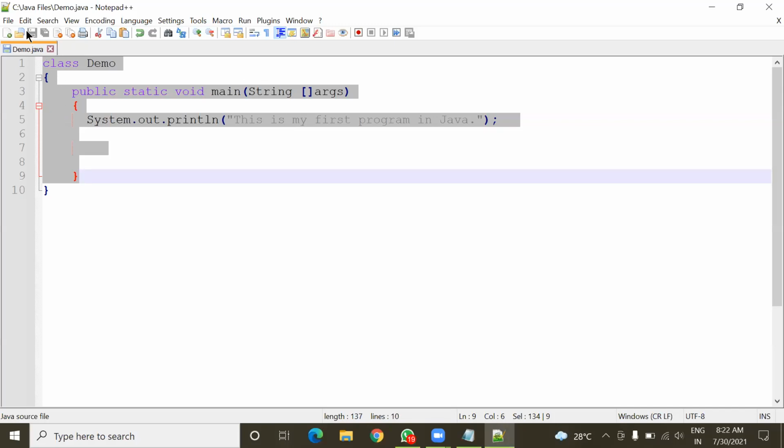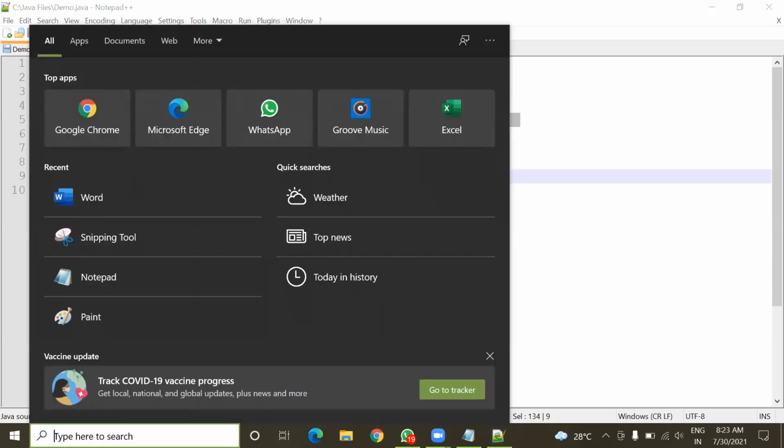So here I have saved my program, and this program is in high level language. So it means first I have to convert it into machine language. So here I'll have to take help from the compiler of Java so it can convert it into machine language. So now listen. This is the first method of execution. So to execute this,